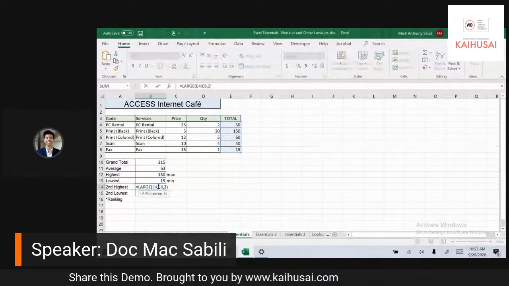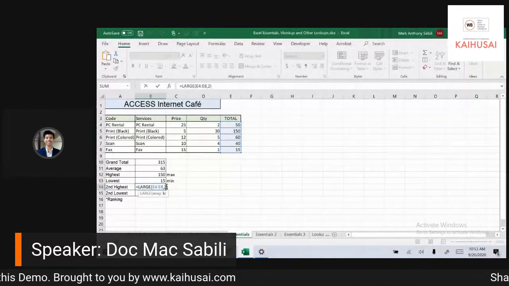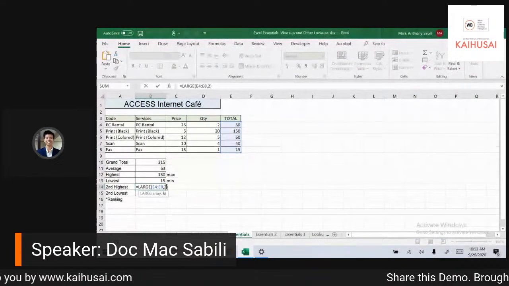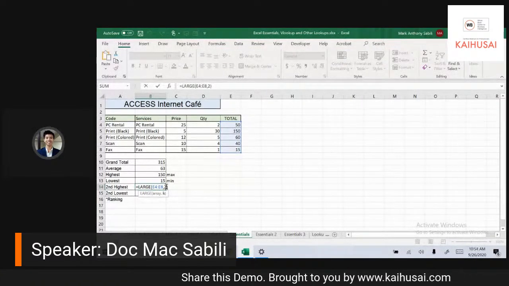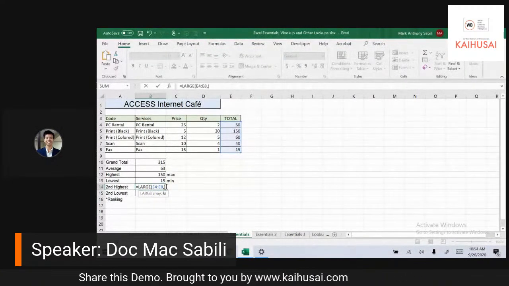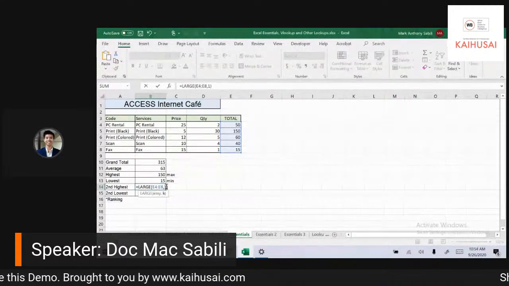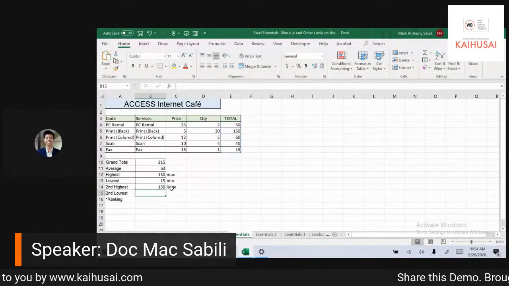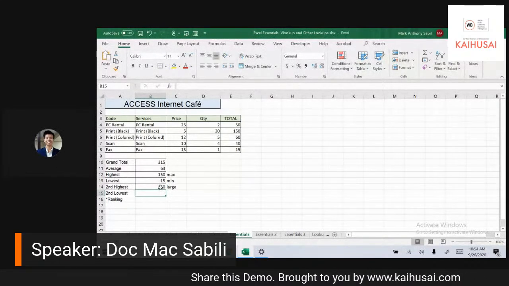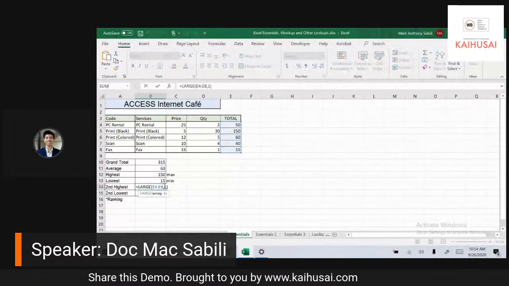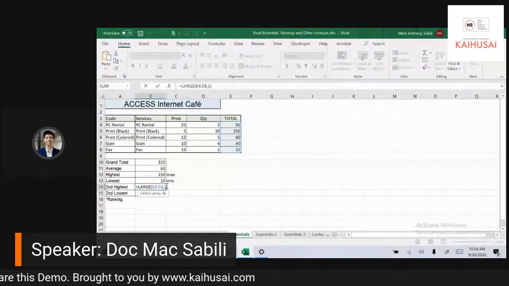So this one is 2. Why is it 2? Because you are looking for the second highest. If I want to look for the highest, I will just change it to 1. Now changing it to 1, it's the same value as maximum. If I change it to 3, the third highest,